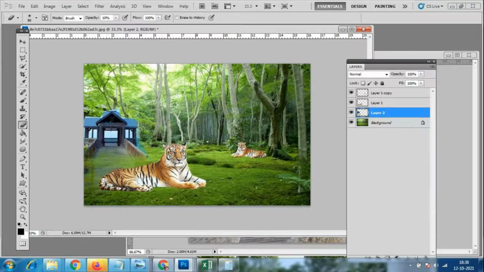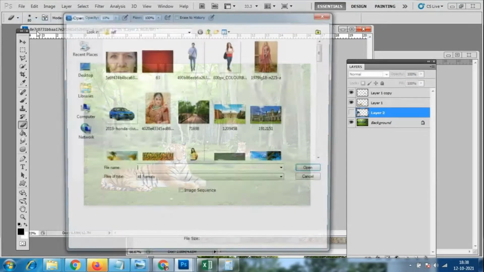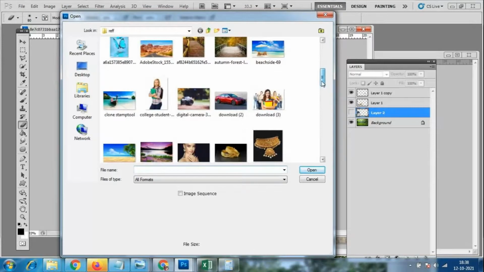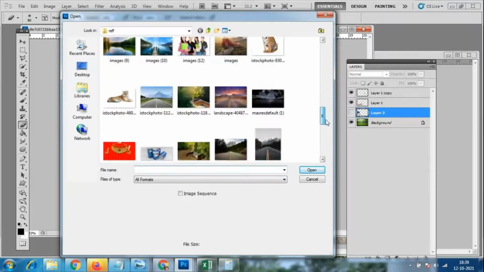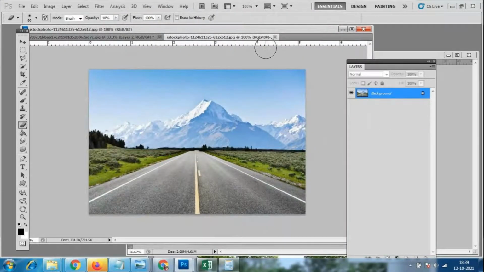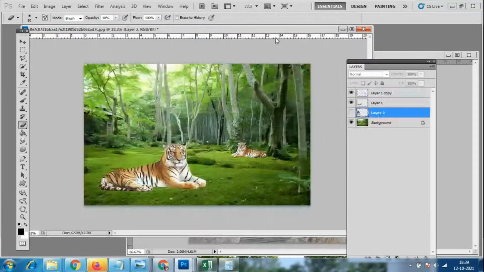Otherwise, like this also you can use this eraser tool and you can match it. Any of the things you have to make, we can add any palace or any other things. Mountains, those things and all. We can cut these mountains and bring them over there. So we have this mountain and we have different mountains.